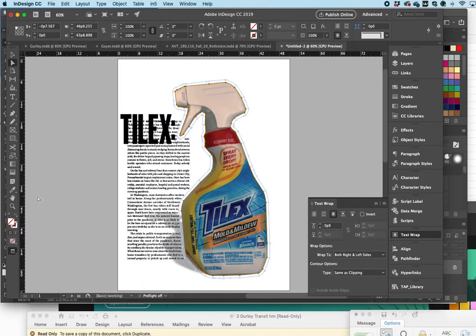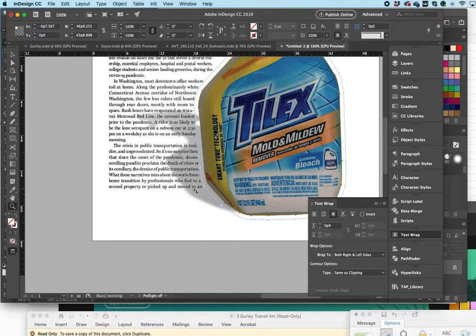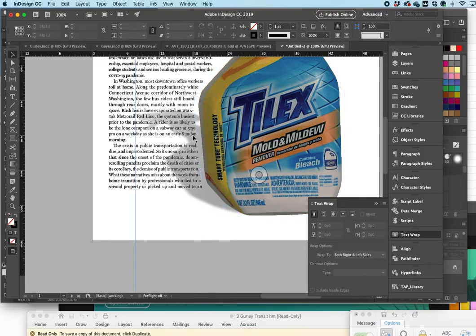And so I'm now pushing this jar out. And if we look at this closely, we see that there's now a nice buffer between these two things. And my shadow seems to be going behind the text. Let me just make sure I can select that other one. And if I decide that shadow is a little bit too dark,